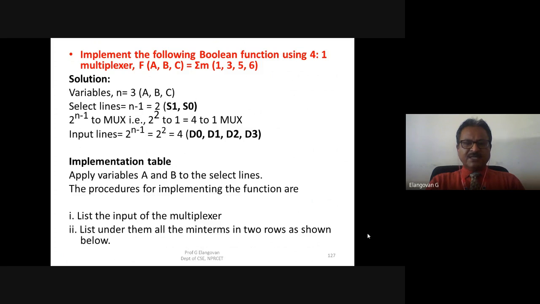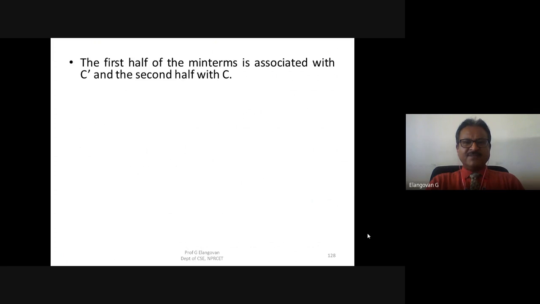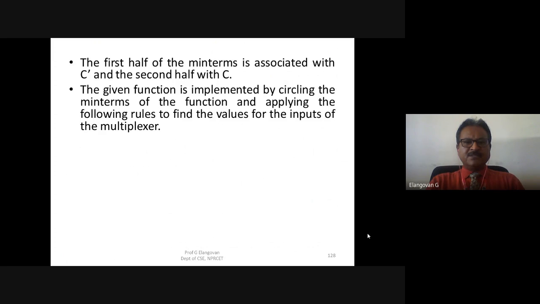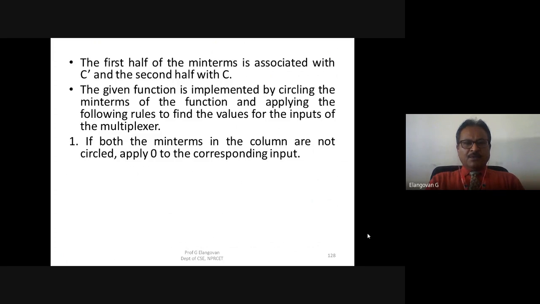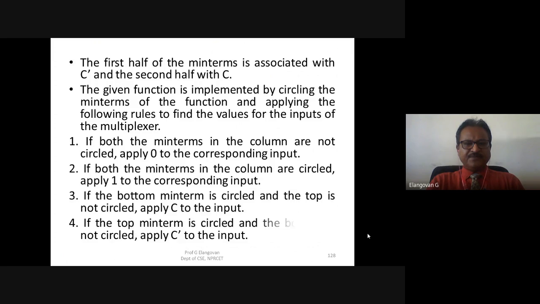So what are the inputs for the multiplexer that we are implementing? The steps are: the minterms in the column are circled, and we apply 0 to the corresponding input if nothing is circled. We will see with an example.